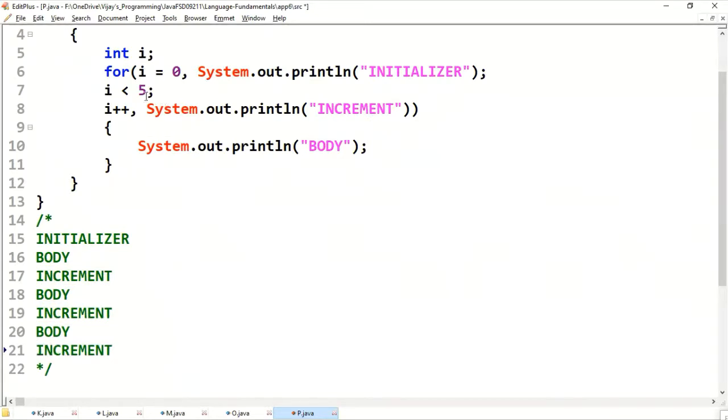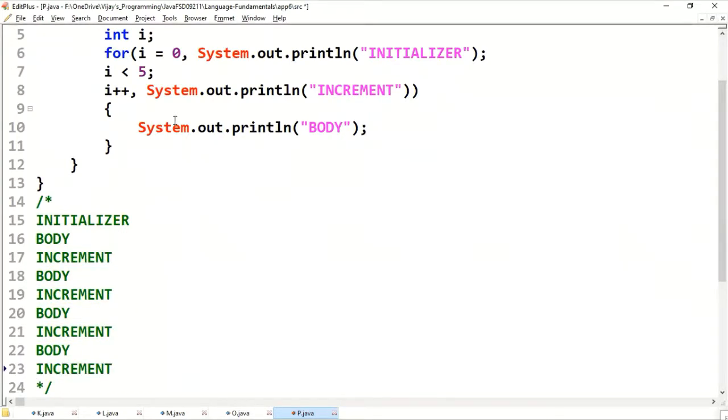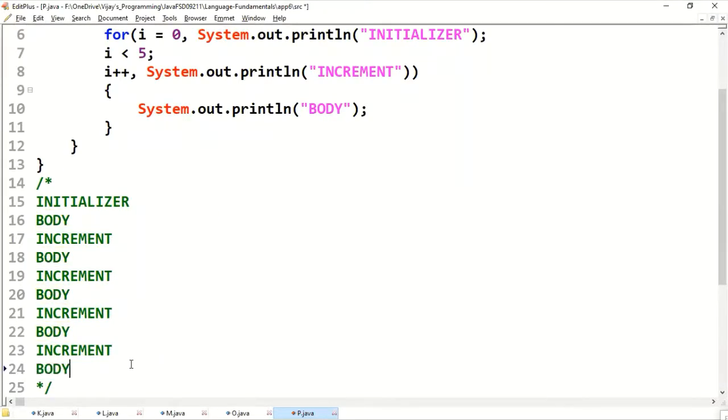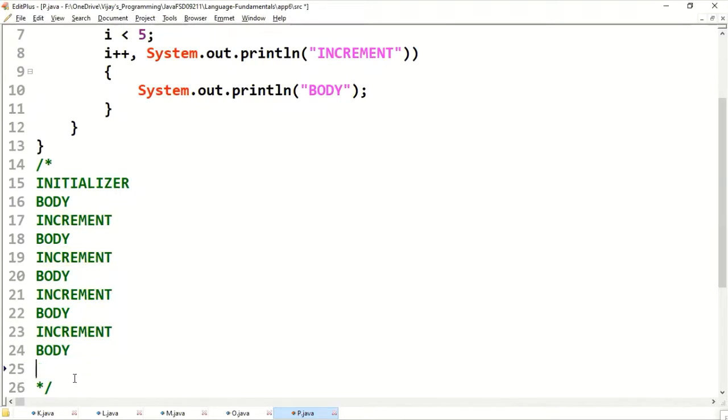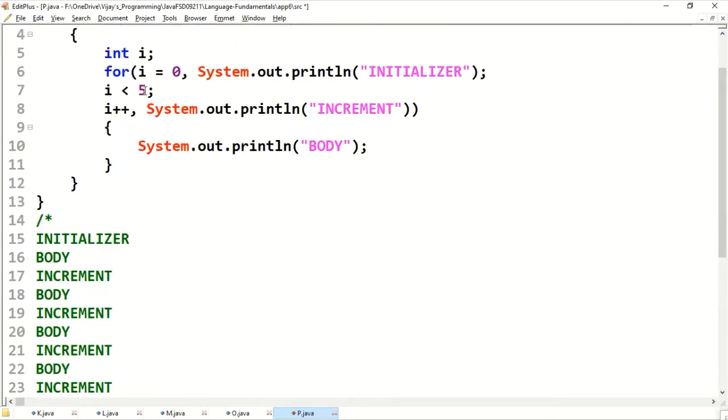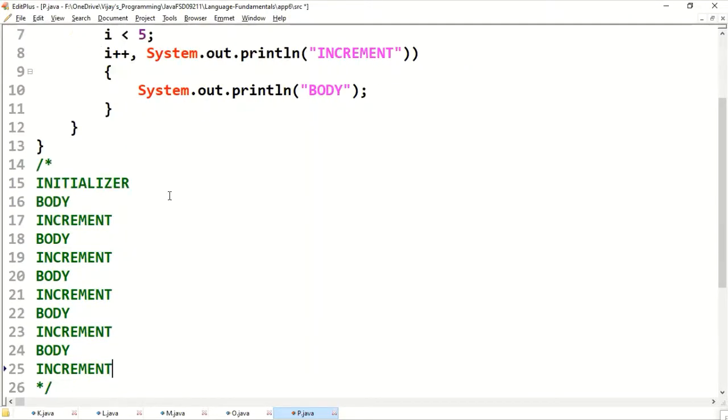Whether 3 less than 5, yes, body will be printed. 3 is becoming 4. Increment will be printed. Whether 4 less than 5, body will be printed. 4 is becoming 5. Increment will be printed. Whether 5 less than 5, no, comes out.